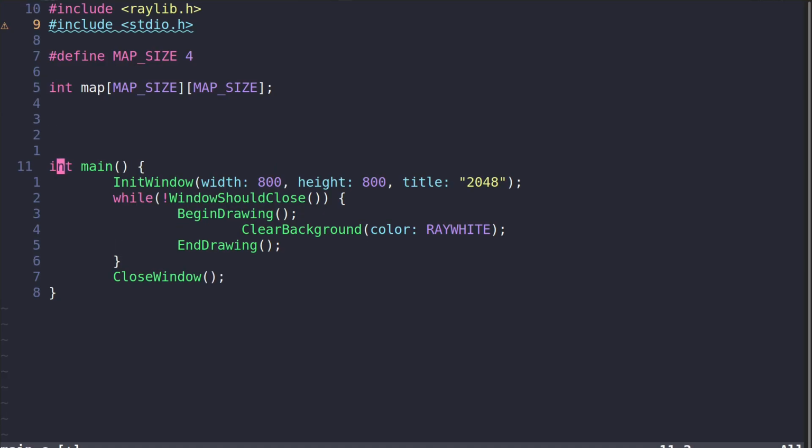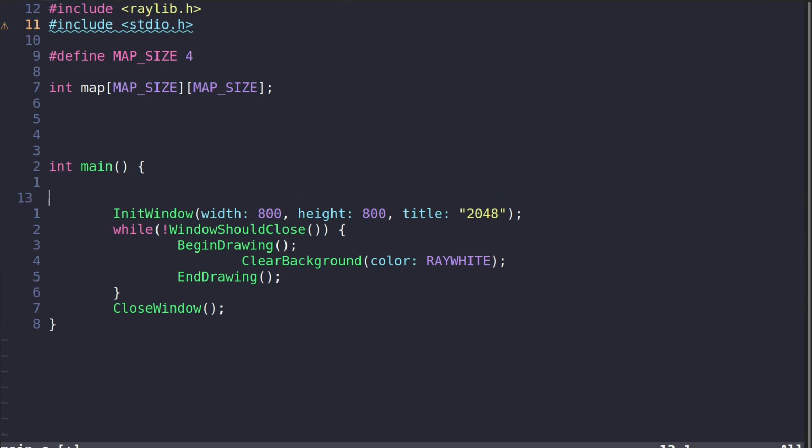So what we will have here is a global variable. This global variable will be the map, so we don't need to pass it in every function that we make. And we will just populate this map with one value. For example, the very first value will be 1. And why will it be 1? Because